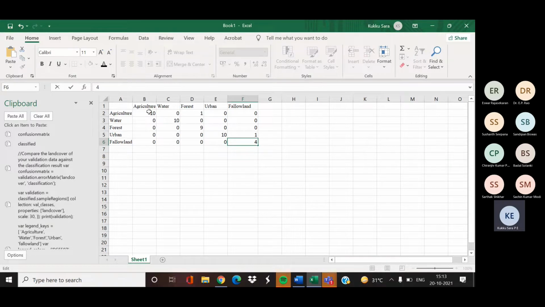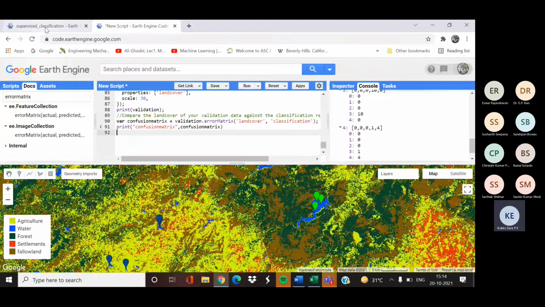Correctly classified pixels here are 10 plus 10 plus 9 plus 10 plus 4, divided by the total number of pixels we have used for validation. That will be 50 here, since for each class we have taken 10 pixels. So if you add all these values and divide by the total number of reference pixels, that is 50, you will get the overall accuracy. So we will first print that here.